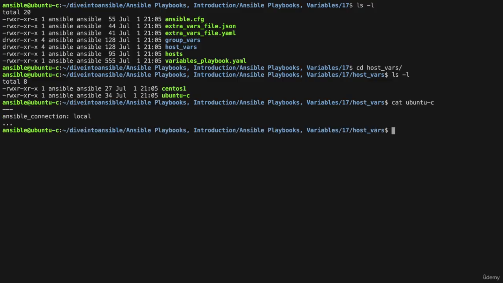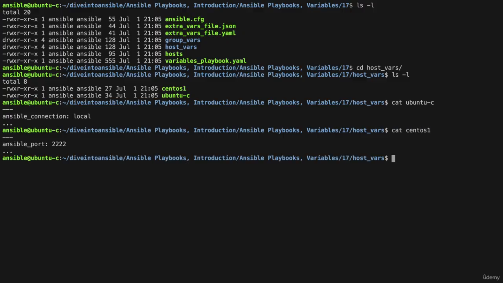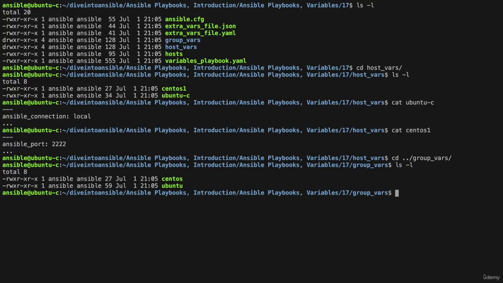And as you can recall, for this, we're actually using the ansible_connection as local, so there's no need for this to actually SSH to any host because we can just connect to this locally. And if we take a look at CentOS1, this has our specific SSH port of 2222. If we go back one directory and into the group_vars, and we take a look at CentOS,